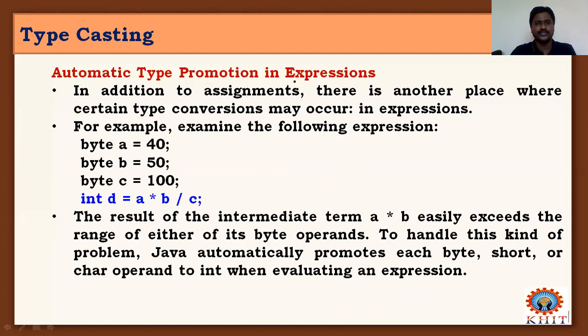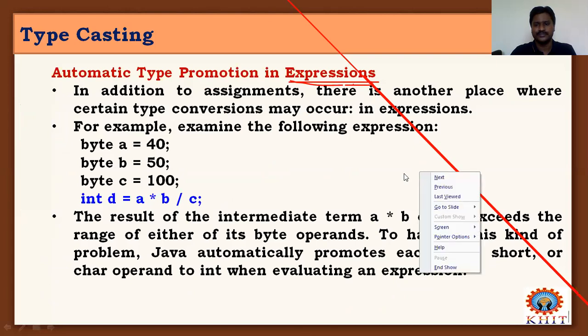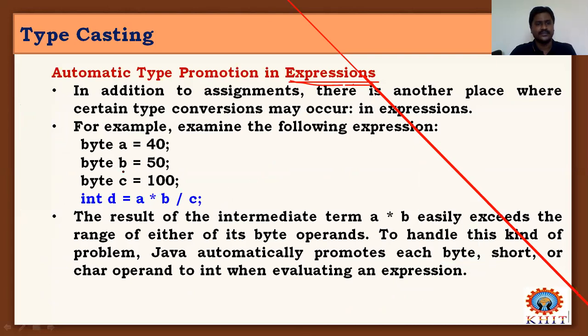And automatic type promotion in expressions. When we are performing an expression, for example with byte variables a, b and c, it automatically increases the number range after performing a multiplied by b and division with c. If we get a value that doesn't fit into a byte, then we should define the variable to hold this result, d, as an integer type, and it will automatically convert the expression value into that.